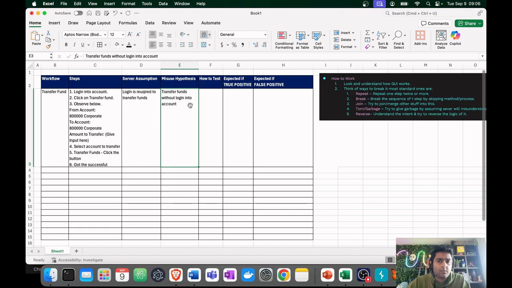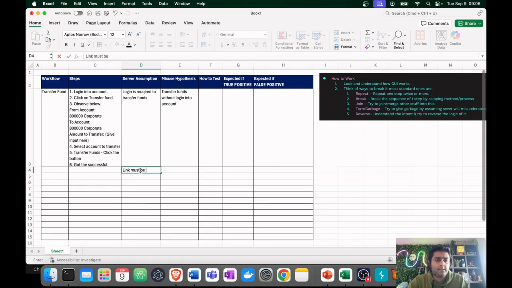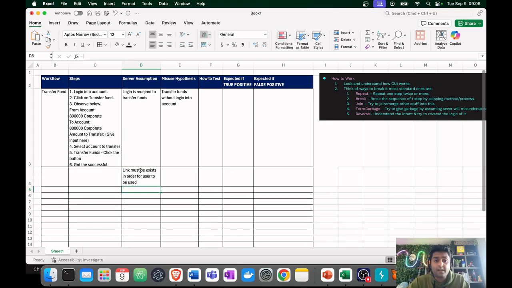Login into the account. Can I make any sort of assumptions? I do not think so, because this is the only one. Click on the transfer fund. You click on the transfer fund and then you land there. Probably the server assumption is that the link must exist in order for the user to use it. Now this looks like a very lame server assumption, but sometimes,